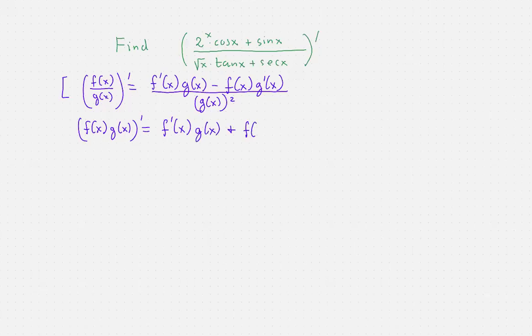We also need some specific derivatives. So the derivative of a to the x is a to the x ln a. The derivative of square root of x is 1 over 2 square root of x, which actually is a special case of the fact that the derivative of x to the a is a times x to the a minus 1. The derivative of sine x